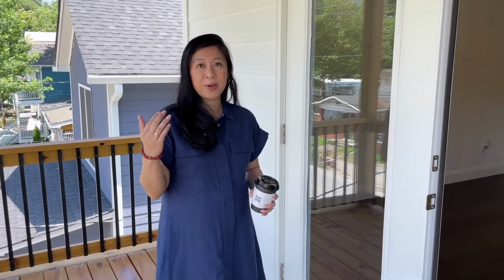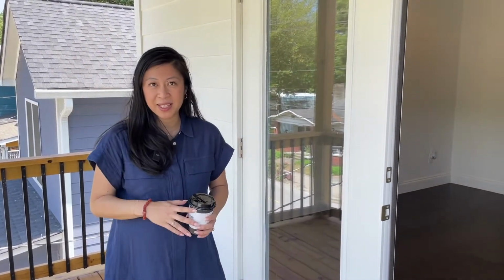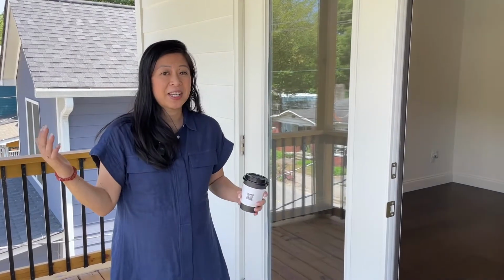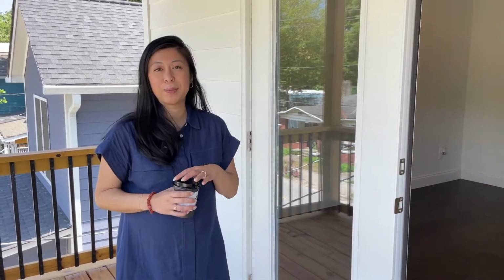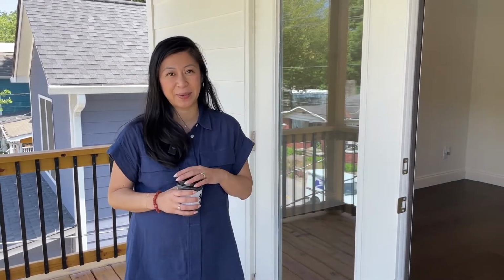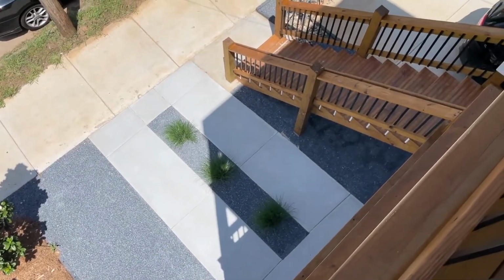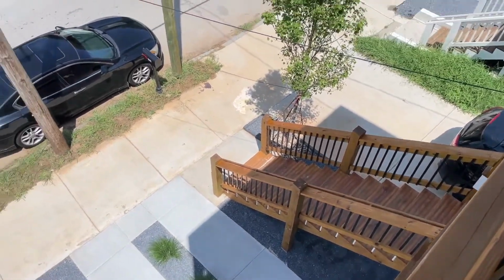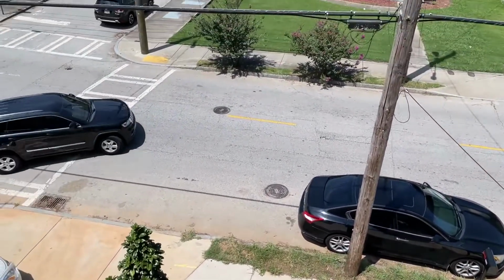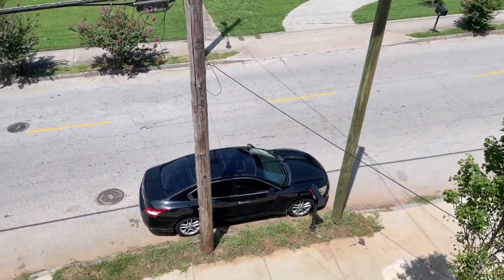So that TPO roof later on, should the buyer want, they can actually build a rooftop terrace up there, and you can have a garden terrace. We'll add stairs from the back deck if you like, or from the master, or from here. And it's just so much building potential still on this property. So we have really beautiful exteriors here. We put in a samurai fence surrounding the whole property. And then here we actually have, this pole is gonna be gone soon, but this driveway goes all the way